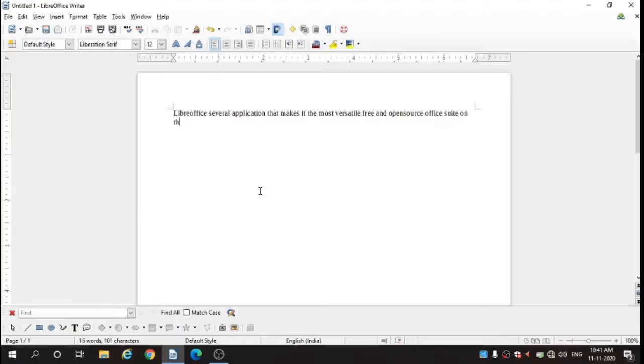So on the market, I have written here LibreOffice. Okay, LibreOffice includes actually.